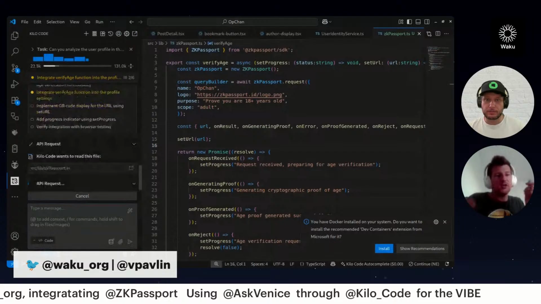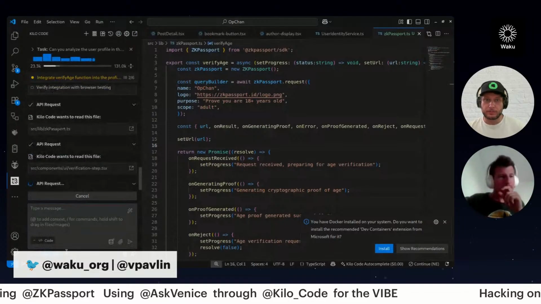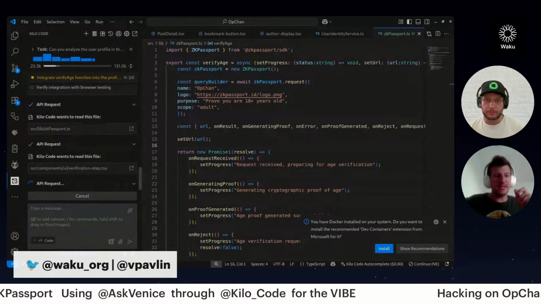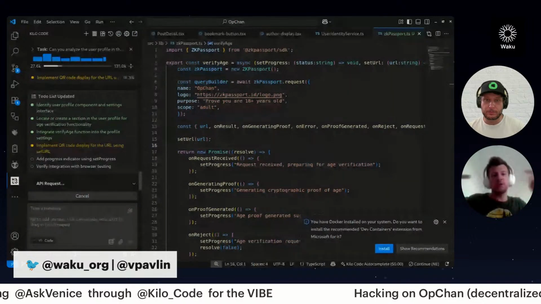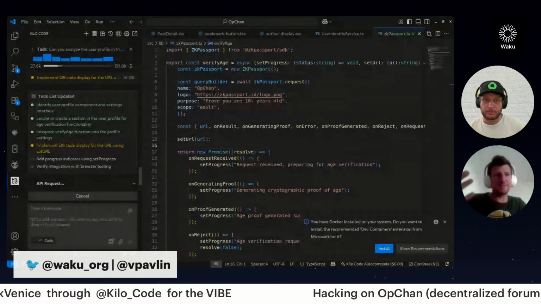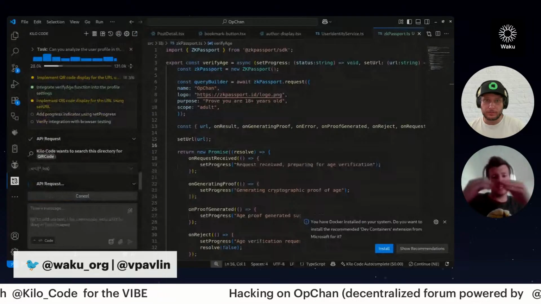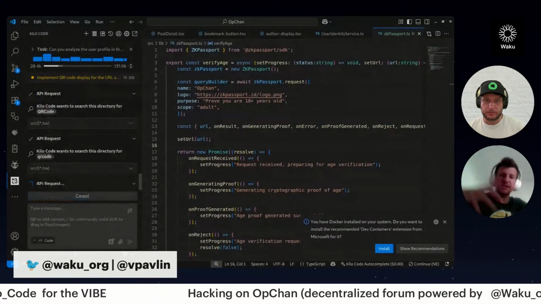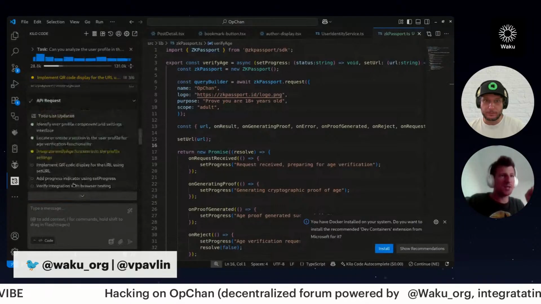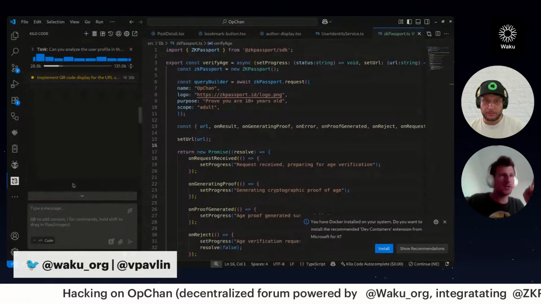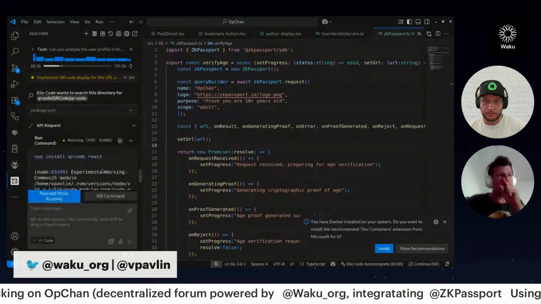But Venice AI, Qwen free, 235 billion parameters, and with disabled thinking. And so often this model goes into loops. So it does something, then the thing breaks, and so it tries to fix it, and it just keeps breaking more things, and then it gets into a complete mess. But the cool thing is, and I'm not sure if it has edited any code yet here, but when it does,